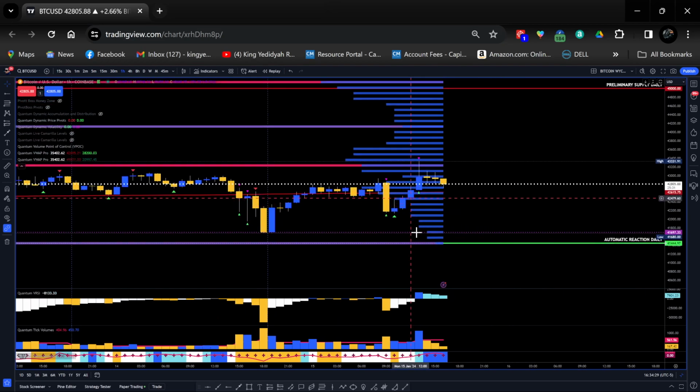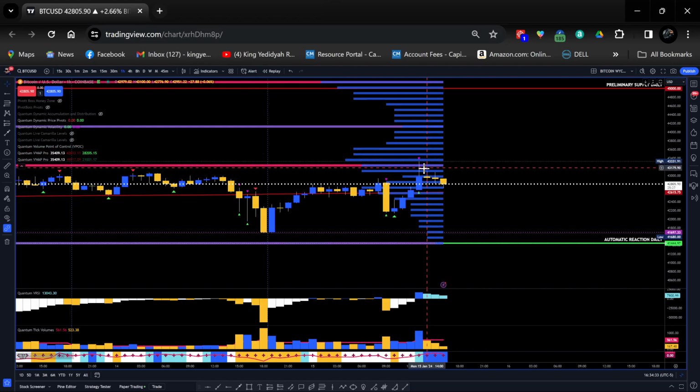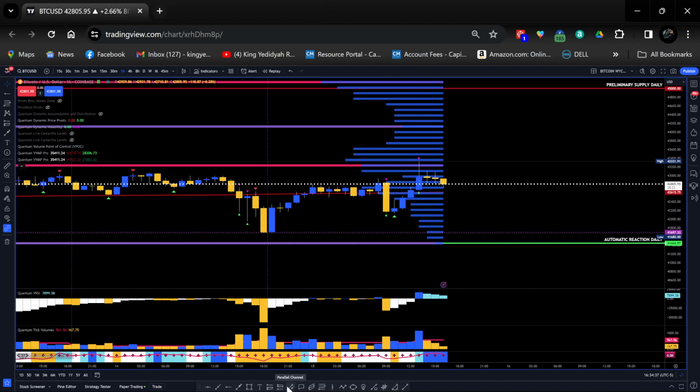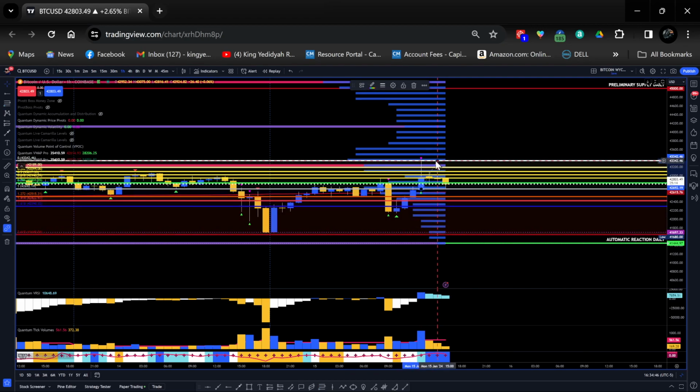Because when you zoom in, you can see how much volume went into this candle. Now this candle, let's see, one second. All right, so if you're doing a fib to the top here,